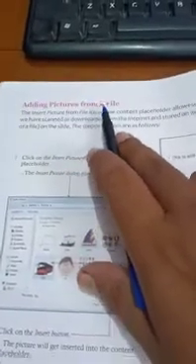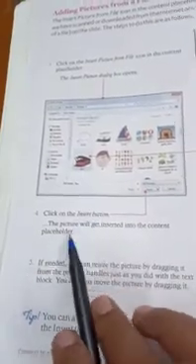Adding pictures from a file. Inserting pictures from a file in the content placeholders allows us to add a picture downloaded from the internet and stored on our computer in the form of a file on the slide. The steps to do this: click on the insert picture from file icon in the content placeholder. The insert picture dialog box opens. There are various types of pictures available. Change the folder or drive that contains your picture, select the picture from the list displayed and click on the insert button. The picture will get inserted into the content placeholder.